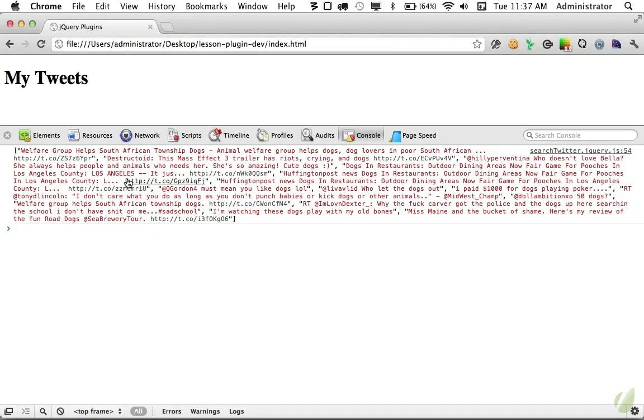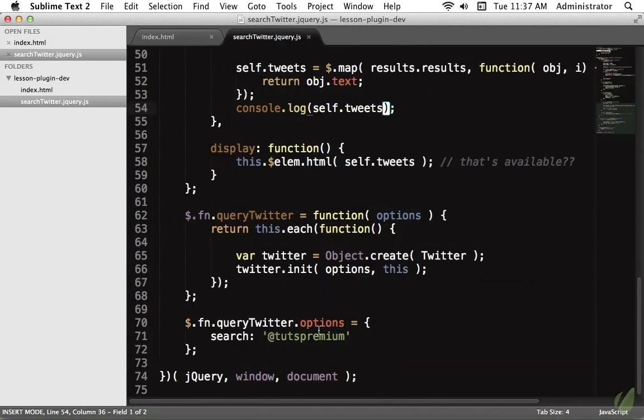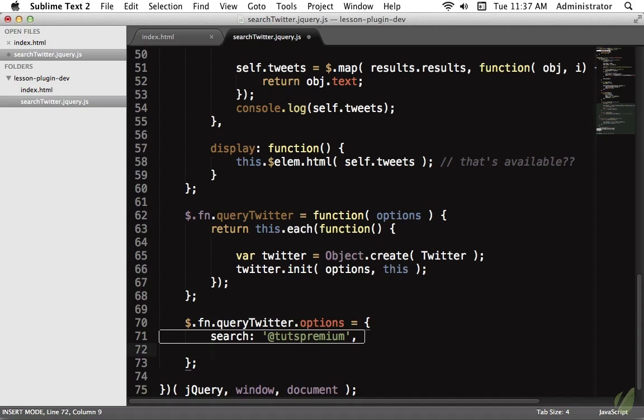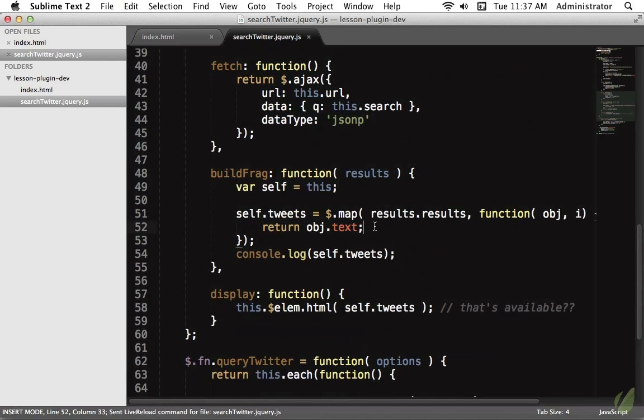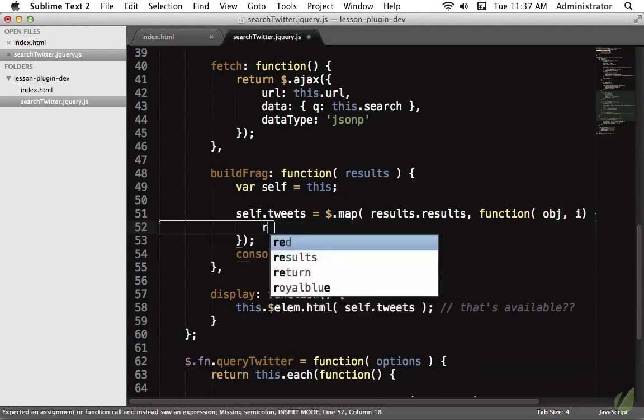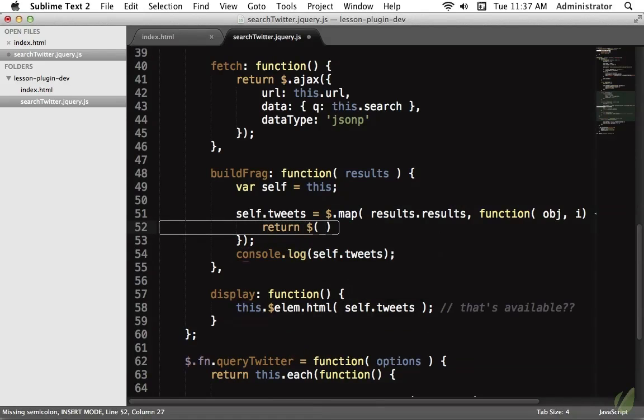So we want the default to be a list item. So I will add that below, right here, and we will say wrapEachWith. This is what it's going to be called, and it's going to be set by default to a list item. So now within here, rather than returning just the text, we will return, and we're going to create that new fragment,